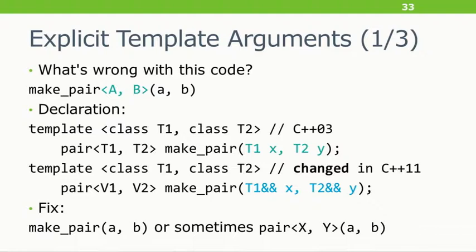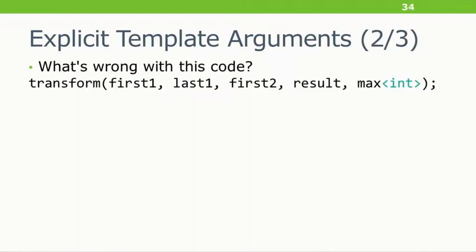OK, so that's one way. This is one of three ways that explicit template arguments can blow up. Here's a second way, and this one is different. So here I've got a transform call. I don't even care what the ranges are. Two ranges. I'm zipping them together and getting the max. Apparently, these are ranges of ints. I'm getting the maximum int from each range and writing it into a third range, which might be one of the originals. And yet, max is a function template.